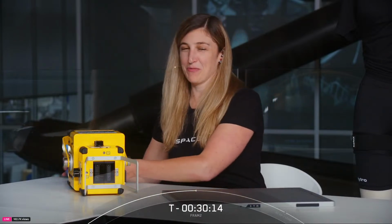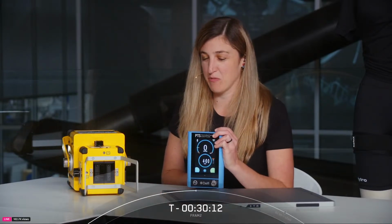Now, while the engineer in me is like, this X-ray device is really cool, I actually think it's really cool that we're kind of making life in space very similar to life on Earth. And you also have some other devices here with you that are doing the same thing. Yeah, absolutely. One thing I'm very excited about is that we will also be doing the very first exercise in